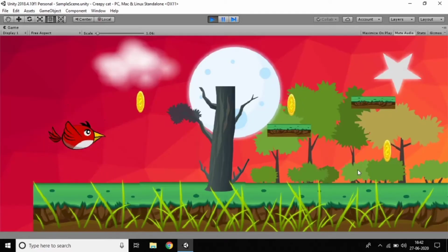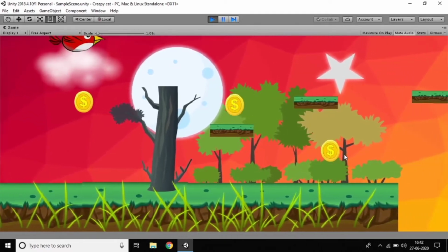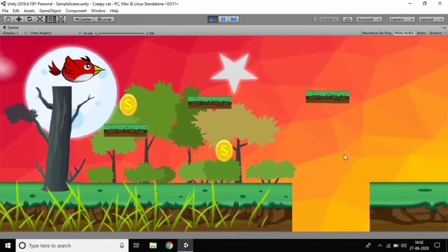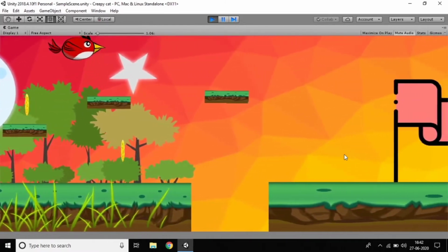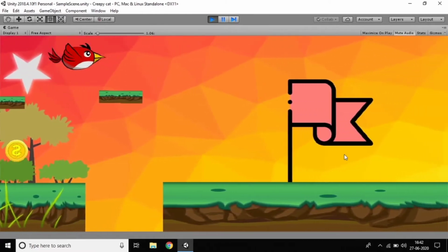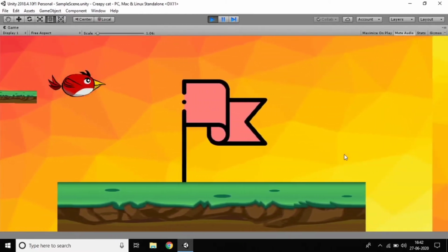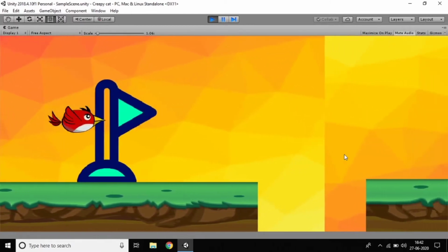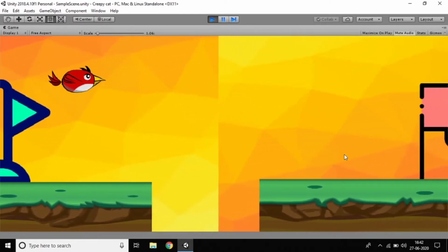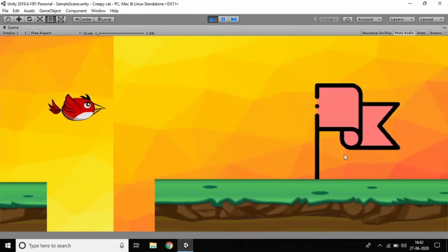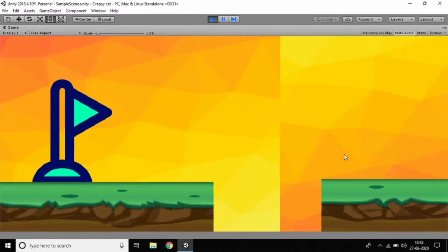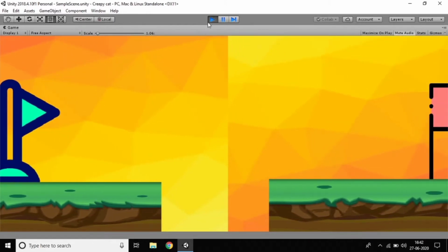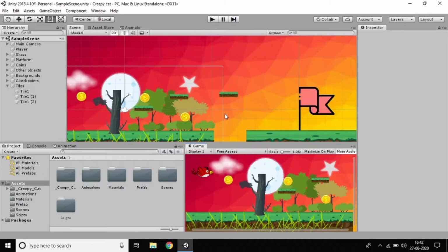Just maximize, and we can see how it was working. Yes, it's not bad. So if I fall down, having taken this checkpoint, again I'm coming from this checkpoint, right? Of course, I'm coming from this checkpoint, and where my player died, automatically the player came back related to that checkpoint.